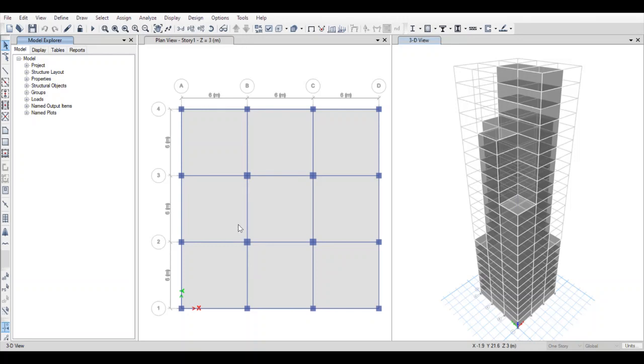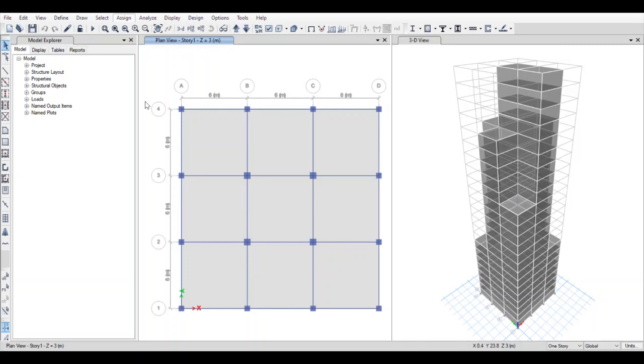So this was the first thing, that we define all of the section properties and the material properties. After that, we'll go to draw. We'll draw the model in ETABS, and then we'll go to assign, and from assign we'll give frame loads and shell loads to the different beams and slabs, as given in the problem statement.